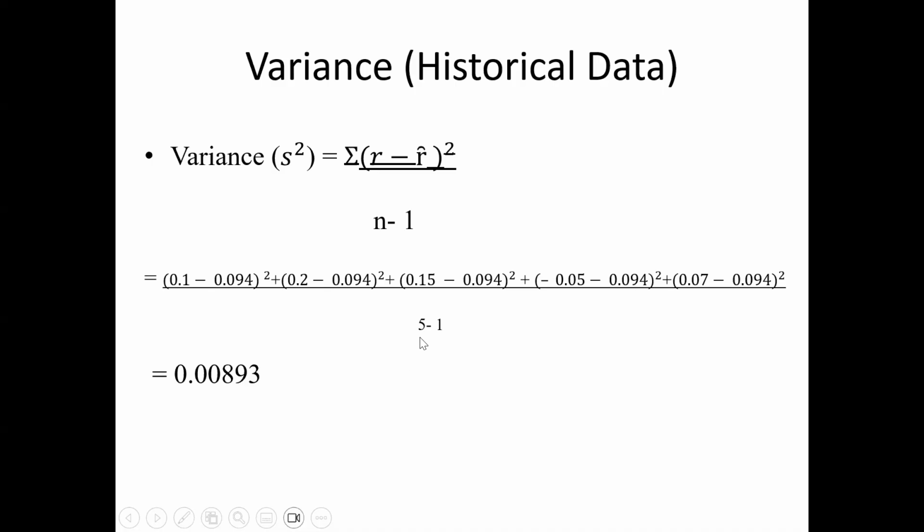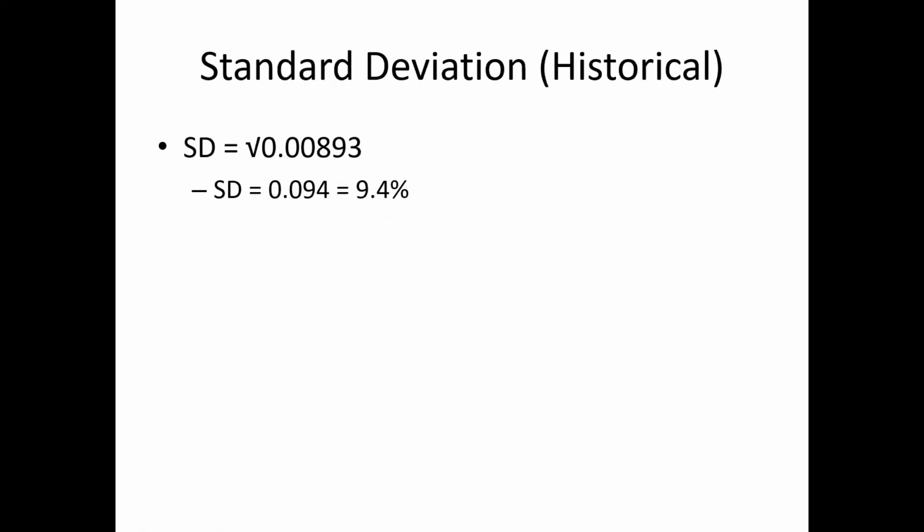So the number of periods taking place is 5, that is the n minus 1. After doing the other calculation, that's what I got as the risk in terms of variance for the firm. If I want to compare, I use the standard deviation, so I'll root it. You see that I've rooted it here, and that's the standard deviation I'm getting.